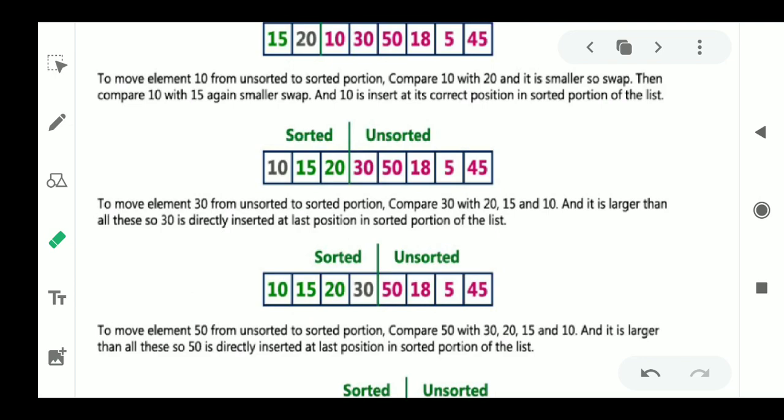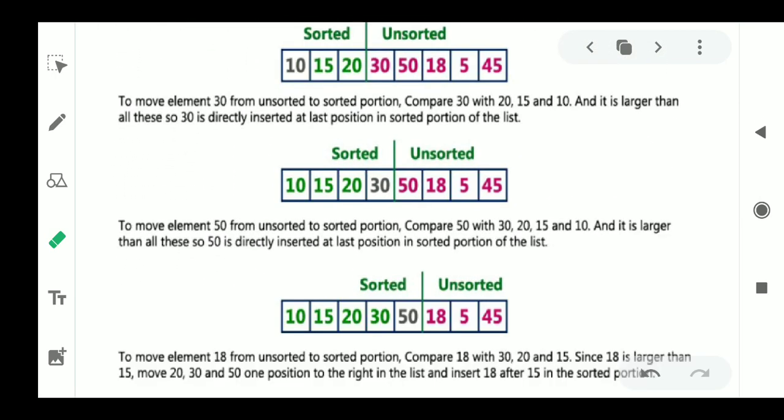So like that we will go ahead and sort all the elements in some order. After that we will compare 50. Anyhow, the position of 50 is after 30 only. So we will bring all the elements and sort them like this, and the remaining elements are these elements.